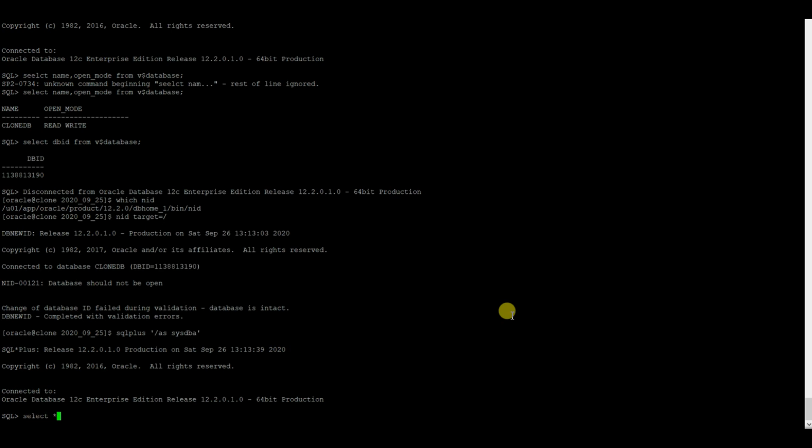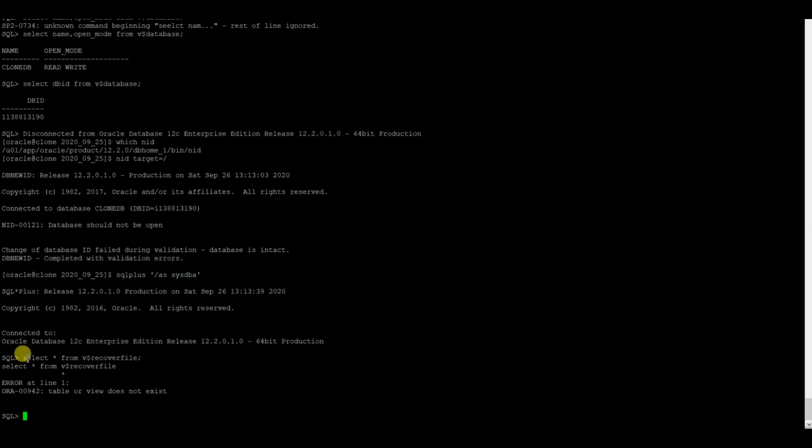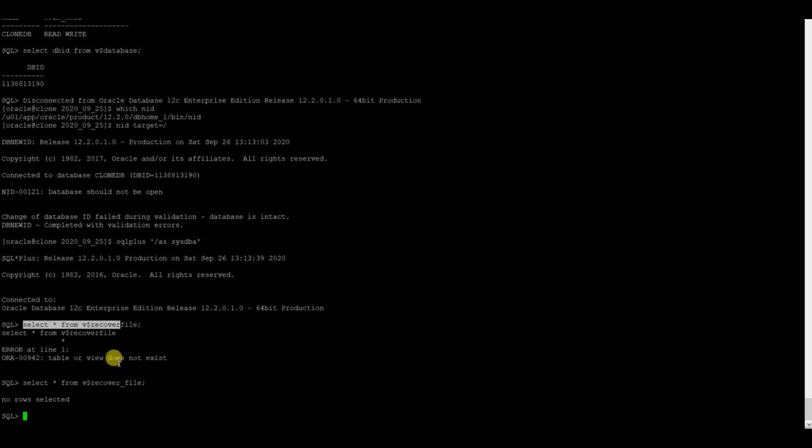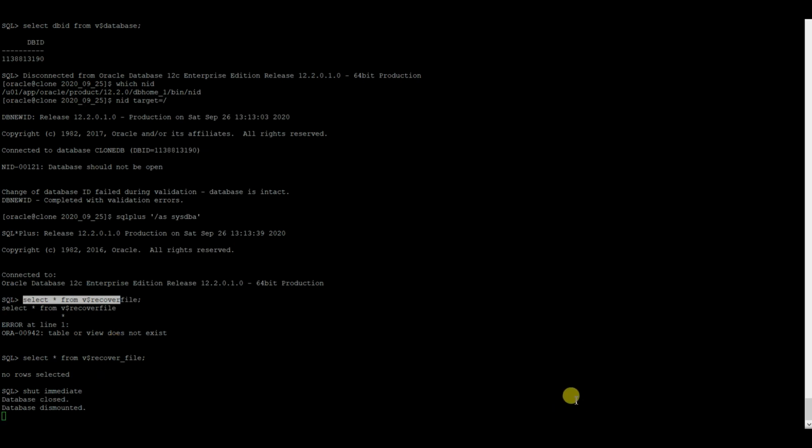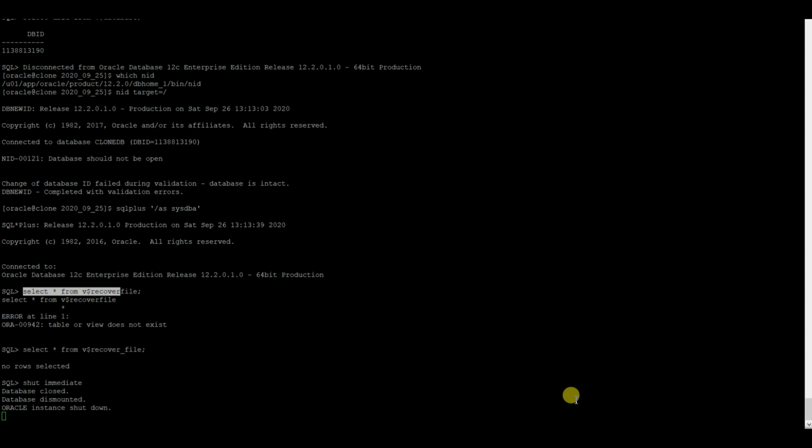So let me check whether anything is... So everything is fine with this database. I need to shut it down first and start up mount it. Simple mistakes might harm your database and it might harm you too.